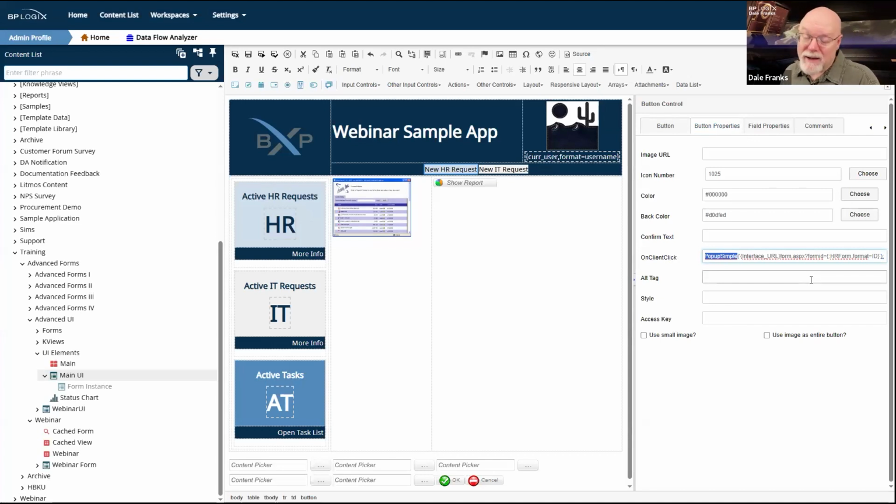It is a JavaScript command, but you're actually going back into Process Director and passing a command to open an object in Process Director in a new window. If you're not logged in, this won't work, by the way. You have to be logged in for it to work, but then presumably you'd have to be logged in to even see the dashboard of the workspace in the first place. So that shouldn't be a problem. And this iPopup simple just enables us to call those things off of the on-client click. Other than that, everything is pretty straightforward. It's just normal Process Director stuff that you would use on a normal form. You are just putting the form to use in a novel way.